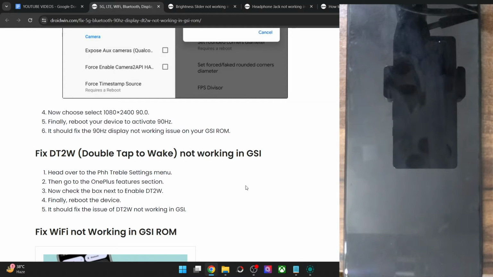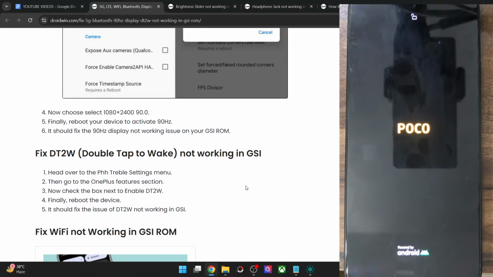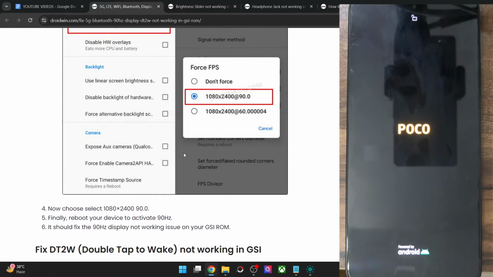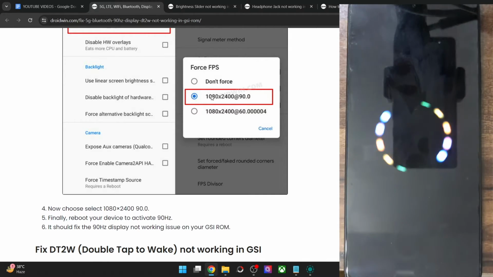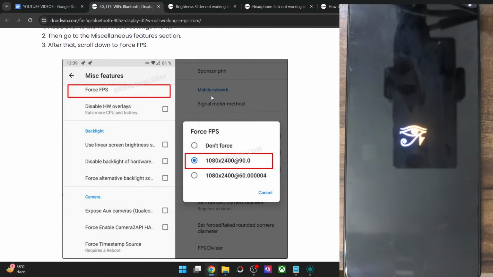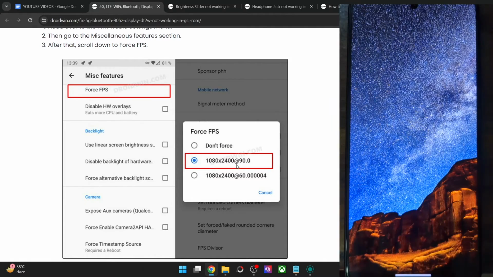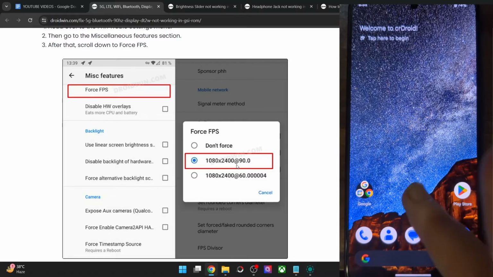It will take around a few seconds for that to happen, and in rare cases you might again face the issue even after implementing this fix. So what you have to do is restart again and then wait for around 5 to 10 minutes. Yes, you will have to give it that much time, and after that you will no longer face any issue whatsoever. I have tried this fix across many GSI ROMs, and in all of these cases, after using this setting, I had to keep my phone alone for around 10 to 15 minutes, and after that the issue was fixed forever and I no longer faced any issues.